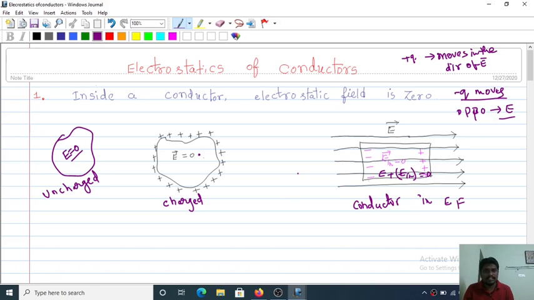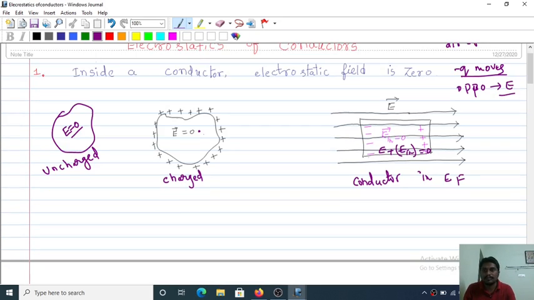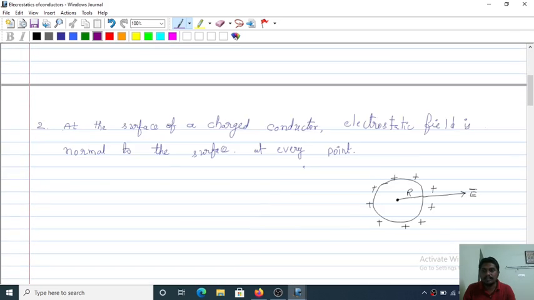In all of the cases, whether it is uncharged or charged, or when it is uncharged and kept in an external electric field, in all three cases the electric field inside a conductor is zero. Whatever the situation, this is the first property of a conductor. The second one,